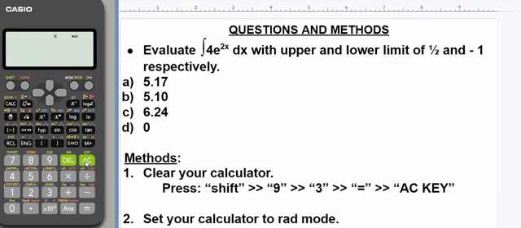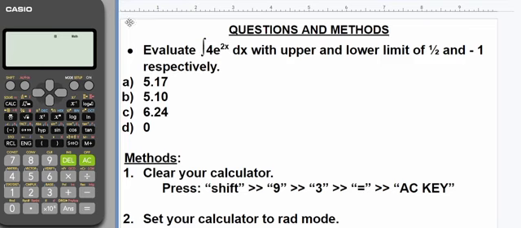You've cleared your calculator. You've set your calculator to what? Default mode. You're telling your calculator that, hey, I want to perform a function, please clear everything I've set in the past. So that is just what you're doing. Then after that, you have to set your calculator to what? Radian mode. Yes, set your calculator to radian mode. How do you do that?